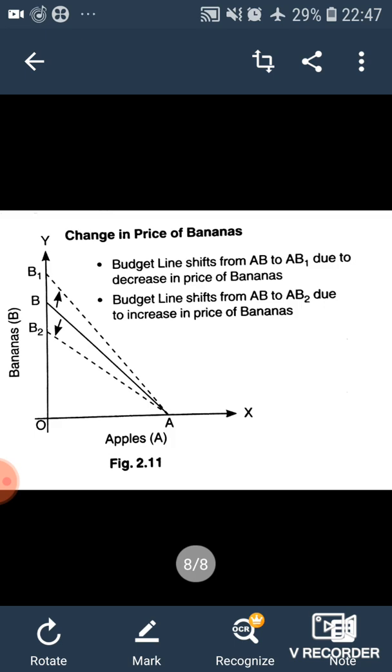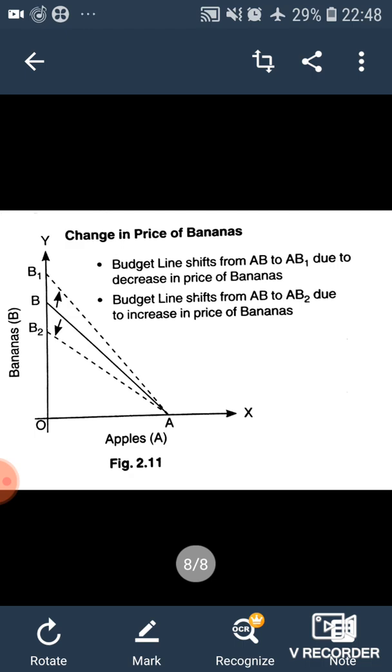Now what happens if there is a change in the price of bananas and the apple price remains the same? There will be no movement on the x-axis. The point A remains the same. And on the y-axis, what will happen? When the price of bananas reduces, affordability increases, and the budget line shifts from AB to